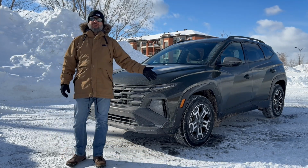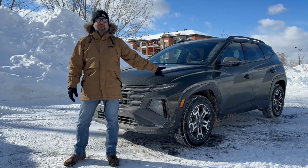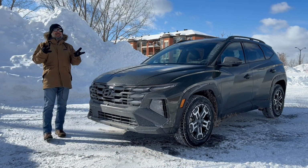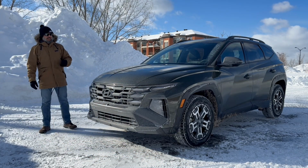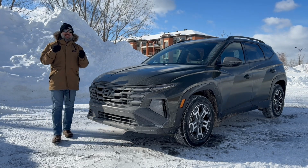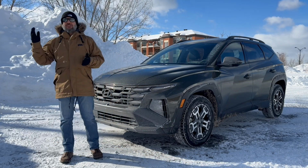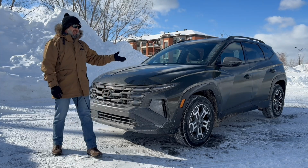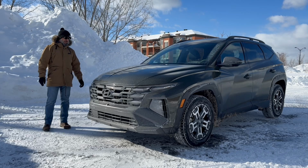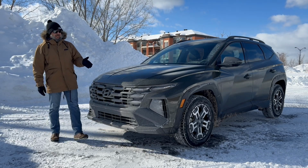And this is an XRT model. The only way you can tell, with the blacked out elements, which you can't really see, are the wheels. This is your mid-trim for gasoline-powered, non-hybrid, non-electrified models. And I'm almost tempted to say cool, but it's not that it's cool. It's that it ticks absolutely every box, from value to versatility, even styling. Anyway, I'll go over the styling in a few moments when we do the walk around, as we usually do. But look, in a nutshell, this thing is